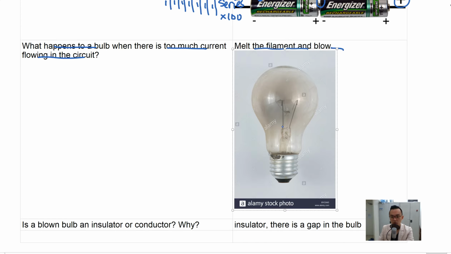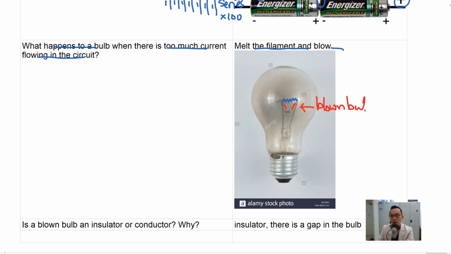Okay, so this is a picture of a bulb that I just drew. And usually there will be a filament that goes across the bulb like this, all right? But when there is too much current, what happens is that this filament will get so hot and melt, and then it will look like this. It will become like that, all right? So this is what I call a